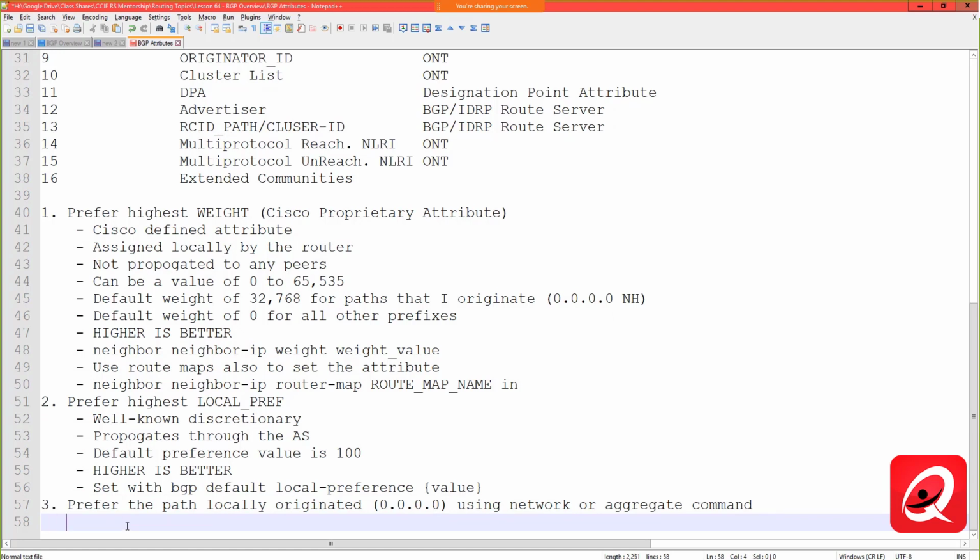All right. Aggregate is like a BGP subcommand that allows us to redistribute from an IGP into BGP. So these local paths are going to be sourced by either a network command under the BGP process or redistribute command,